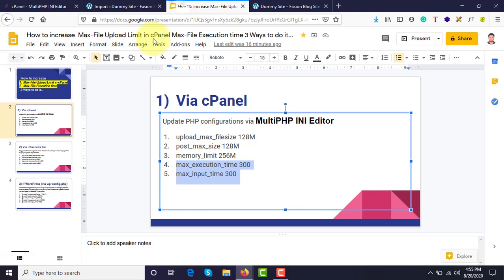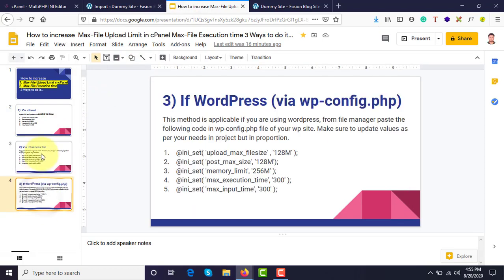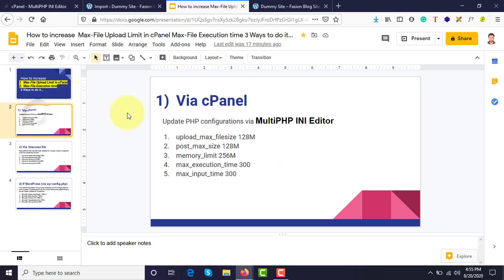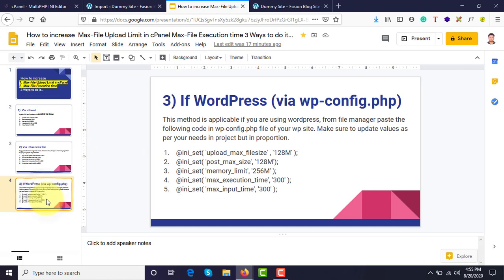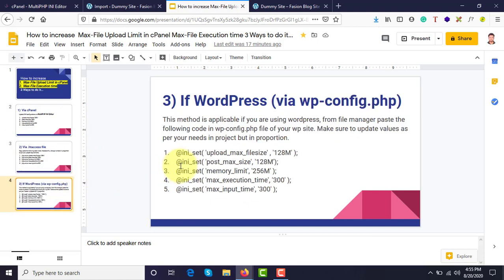And now these are the other two ways that we can do. What we just now did is the same thing. The end goal is to edit the PHP INI file itself. These two codes are also doing the same job. If you see here, the code is